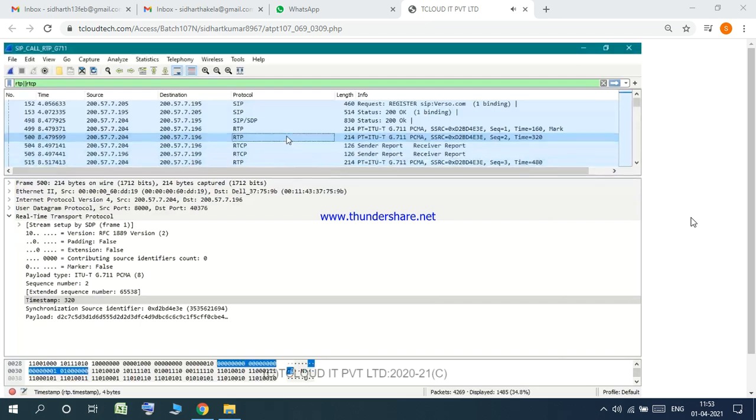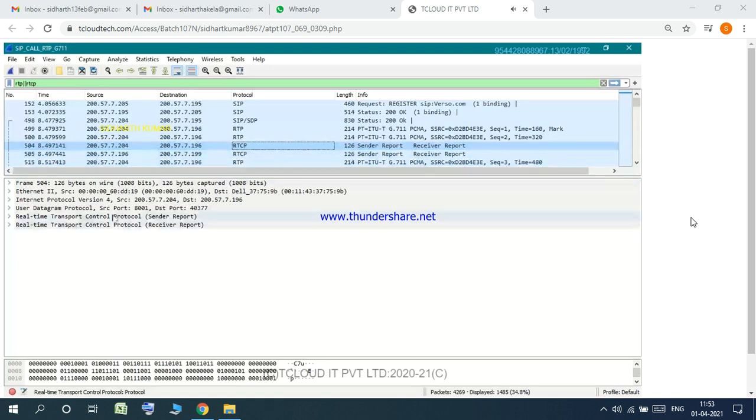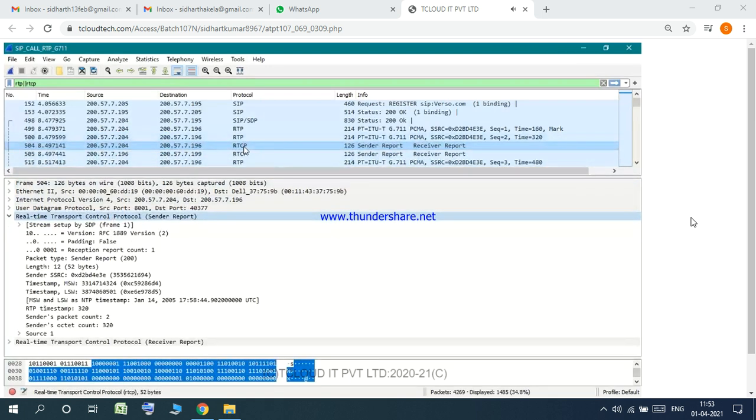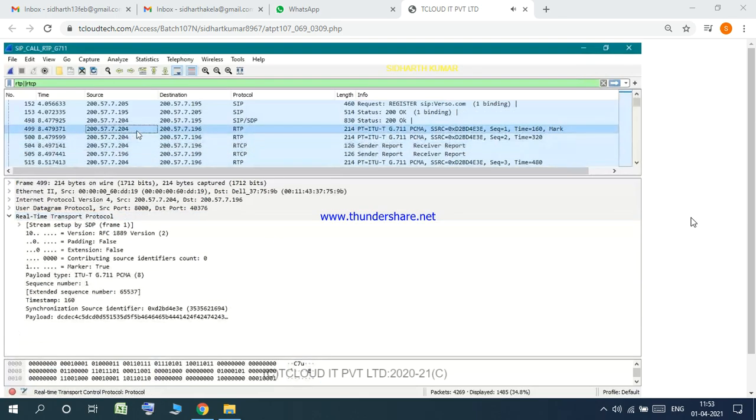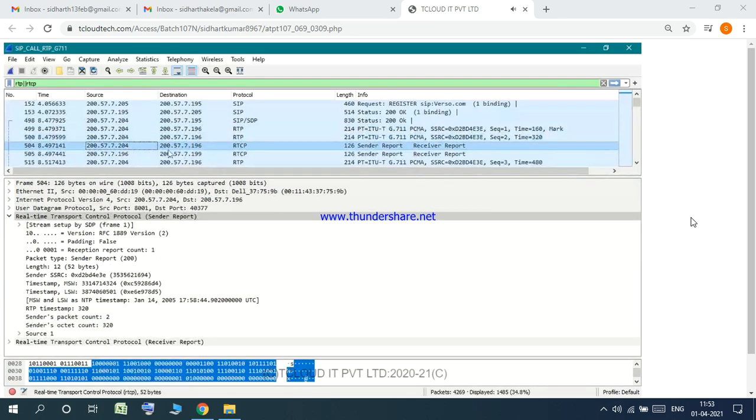And what is the purpose of this RTCP protocol? RTCP protocol will be sending statistics about RTP. Its duty is to send statistics on RTP. What is the meaning of statistics on RTP? The 204 guy had so far sent two RTP packets to 196. This is the first one, this is the second one. 204 is immediately sending an RTCP statistic report to 196. What is the report it is sending? It is sending a report called a sender report, telling him that, hey,